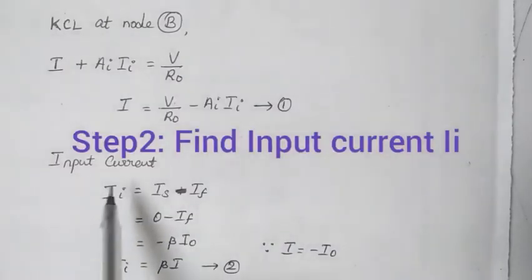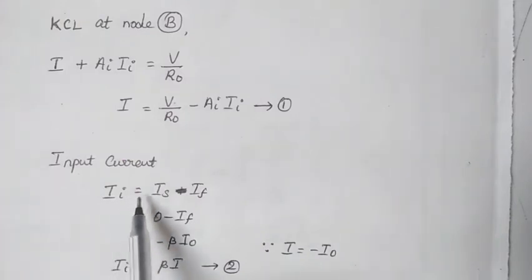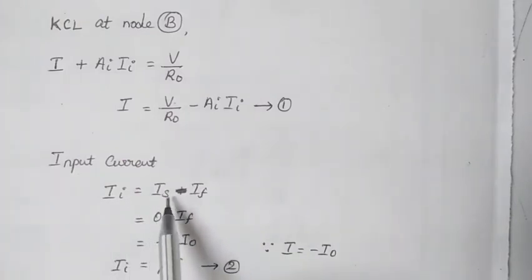Next we come to the input side. The input current is nothing but the difference between the source current and the feedback current. Since in our circuit we have made a small alteration, that is, the source current is made 0, hence we have minus IF. So what is IF? IF is nothing but the feedback current. The feedback current can be written as beta into I0. So we have minus beta I0 till now. Now we are providing a new current called I, which is opposite to I0. Hence we write I is equal to minus I0. We substitute minus I instead of I0, and this term becomes plus. So Ii is equal to beta into I. This will be considered as equation 2.